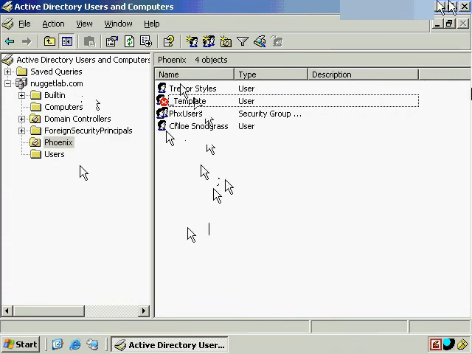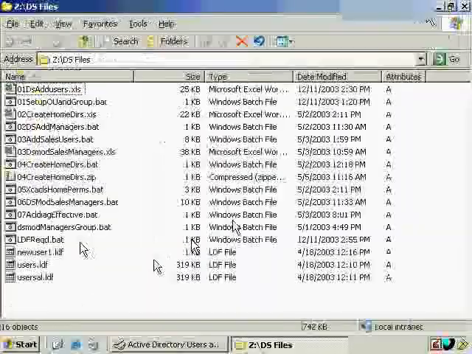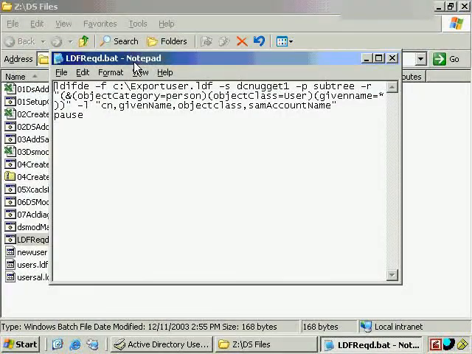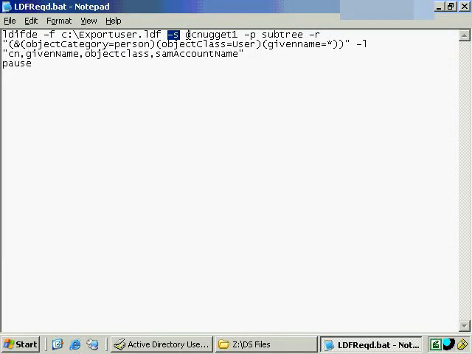First of all, let me show you that I've got some files that I've already put aside here to talk about LDIFDE. Now, I've created a batch file, and the reason why I've done this, by right-clicking and choosing Edit, is just so you can see the syntax that's involved with LDIF. In this case, I want to export to a file. The default behavior is to export, so I don't have to really do anything except specify a file name and a location here. And then the server that I'm going to be working with, which is my local DC Nugget 1,